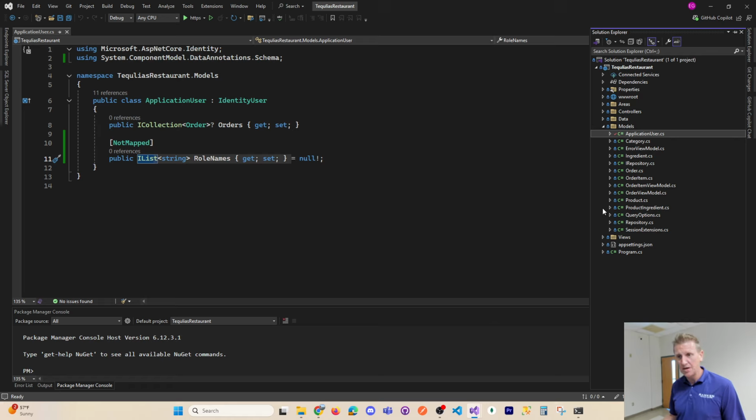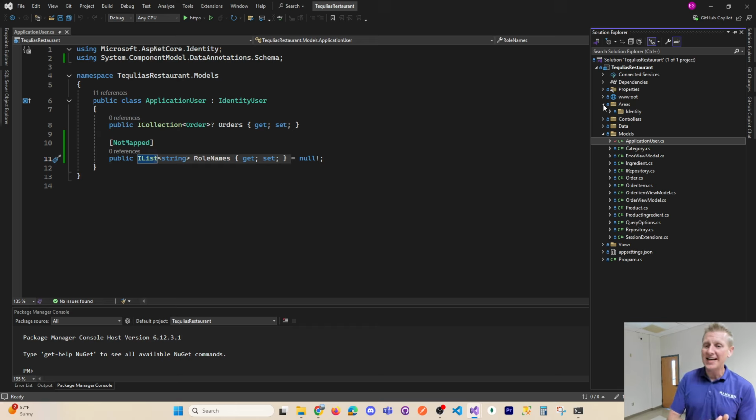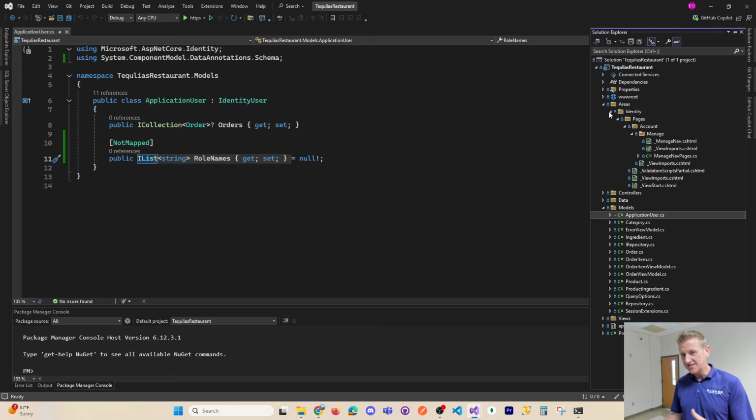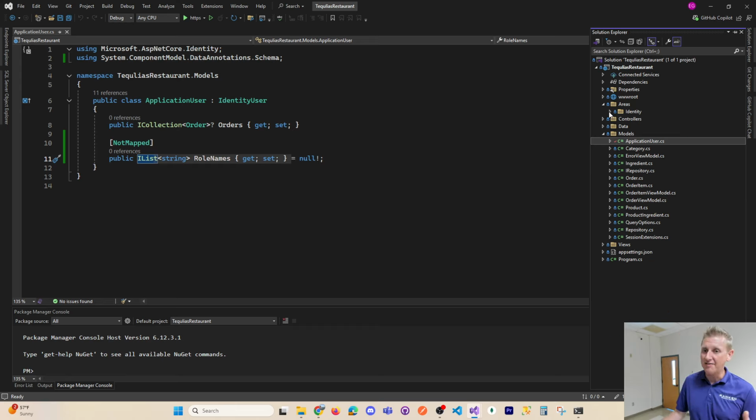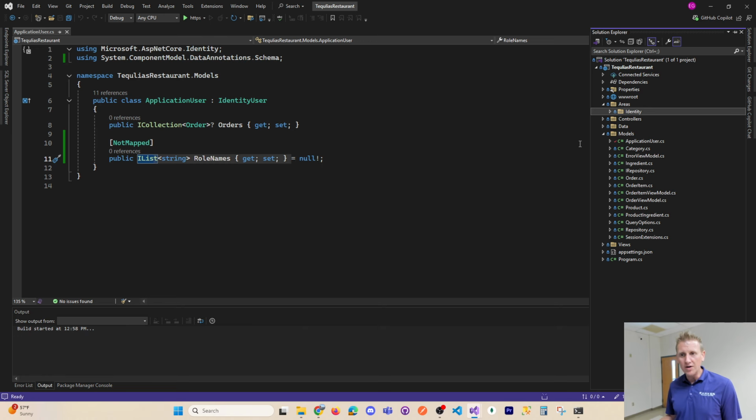Now, that's where we start. Next up, we have these areas. And so the idea behind an area is that you can have permissions. You can have an admin area that you lock down with permissions, so that unless you have a certain role name, you can't access this area of the website. So in this project, we already have an area for identity, and a lot of our login system is found in the identity. If I just boot this up,